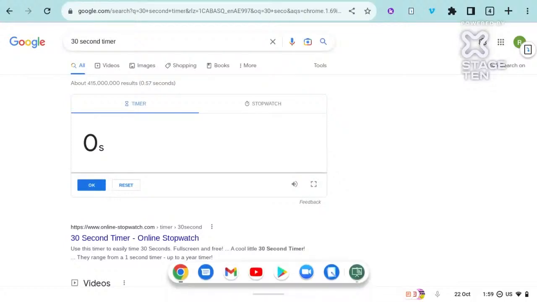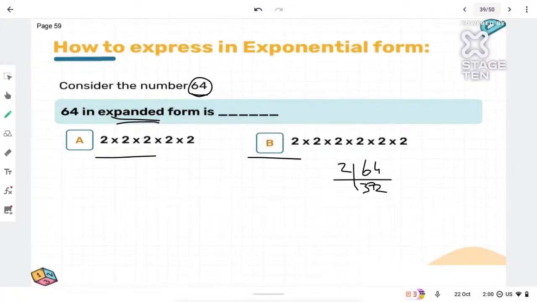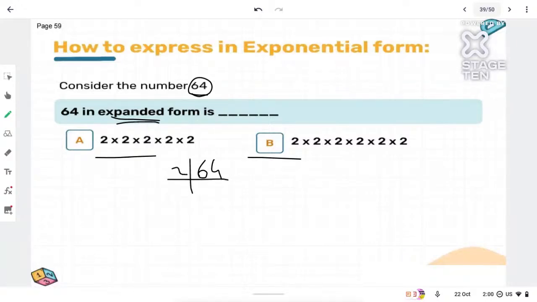Yuvraj says no, you do not have any other. Yes, if you do 2 into 2 into 2 that will take a lot of time, but you can do the LCM method. So let's try with the LCM. Let me erase this. Nilesh, can you see, A or B? Okay, you wanted B. Let's try to prime factor 64. 2 is the nearest prime factor. So what will I do? 2, 3, and 2, 32. One more 2 will come over here, isn't it?